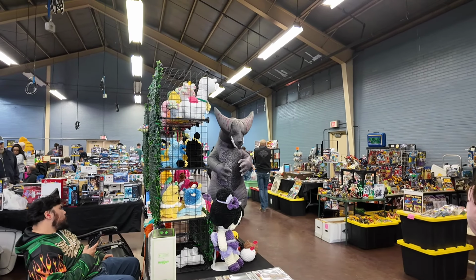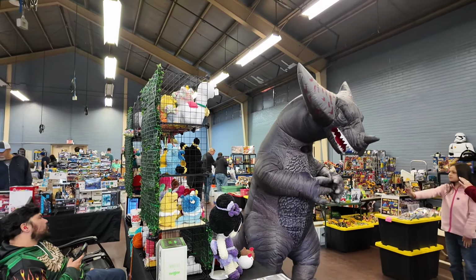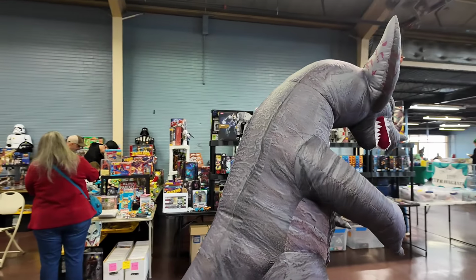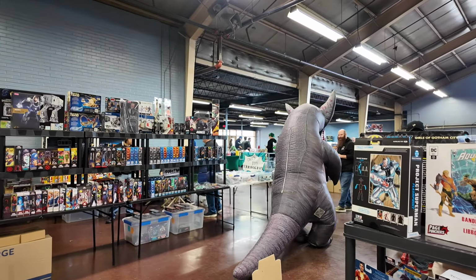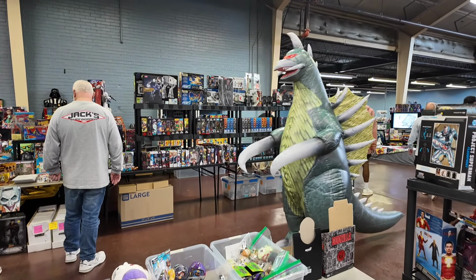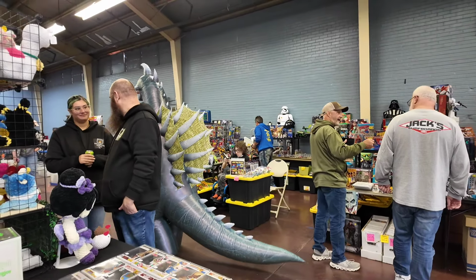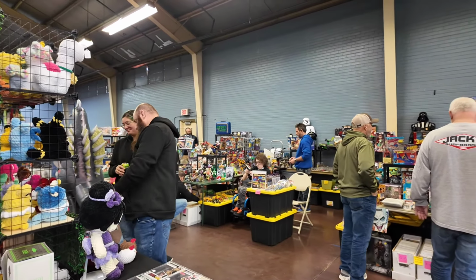Look at this, Ultraman Kaiju just walking through. Oh my gosh. That is a crazy suit. I mean, that's obscure, maybe not to the Ultraman and Japanese kaiju fans, but to have an inflatable suit of Ultraman like that, that is incredible. Holy smokes. We got Gigan coming through now. Man, there actually was a Mecha Godzilla that came through earlier and I didn't catch it on camera. Maybe it'll come back through, but